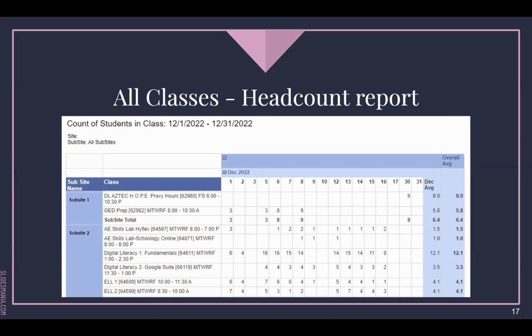Back when I worked at a large program, we would have a staff person looking at this regularly, one, to make sure the attendance was being taken. Teachers should know that. They get a little signal on their attendance screen if one of the dates on their calendar doesn't have attendance, but it's good to have a second set of eyeballs. Again, it's also good to see trends, which classes have a lot of students, which have few students,